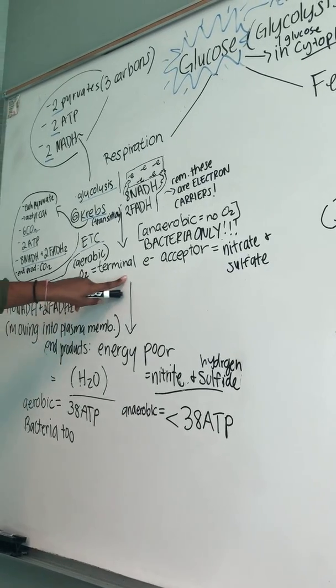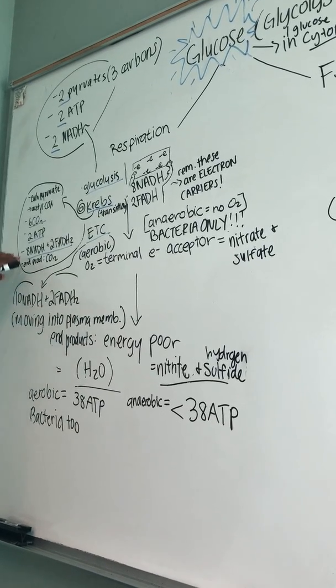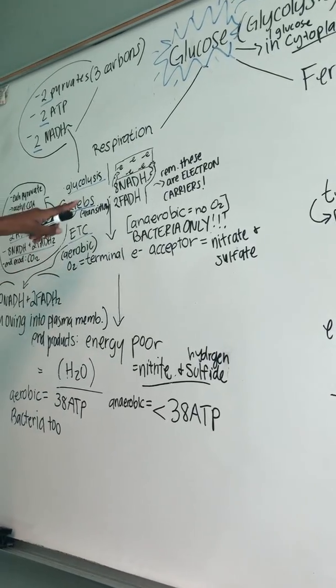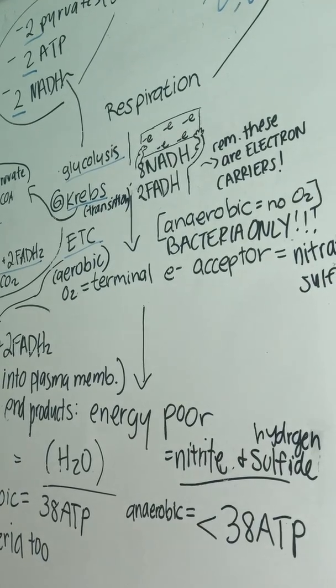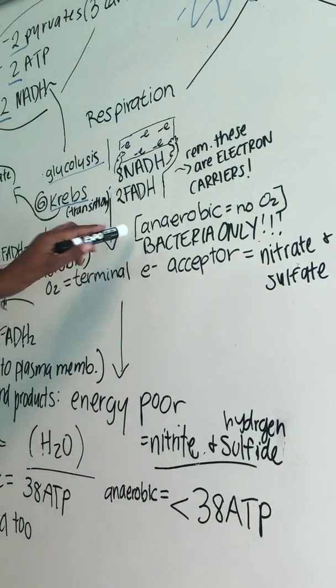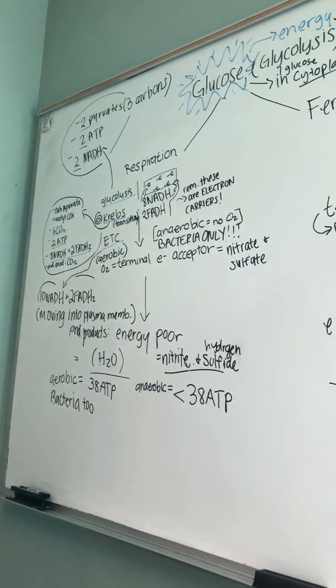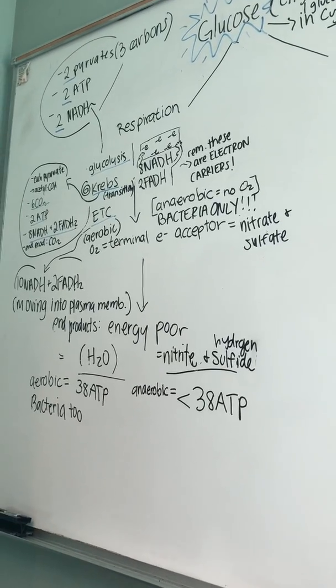So my only question is, you see the 8 NADH over here holding the little electron things? 8 NADH and 2 FADH2? Is that part of anaerobic too? Yes. So that's what she's doing, this whole process of the 2 pyruvate, that happens in anaerobic and aerobic? That's what I'm thinking, because when she was doing the lecture,